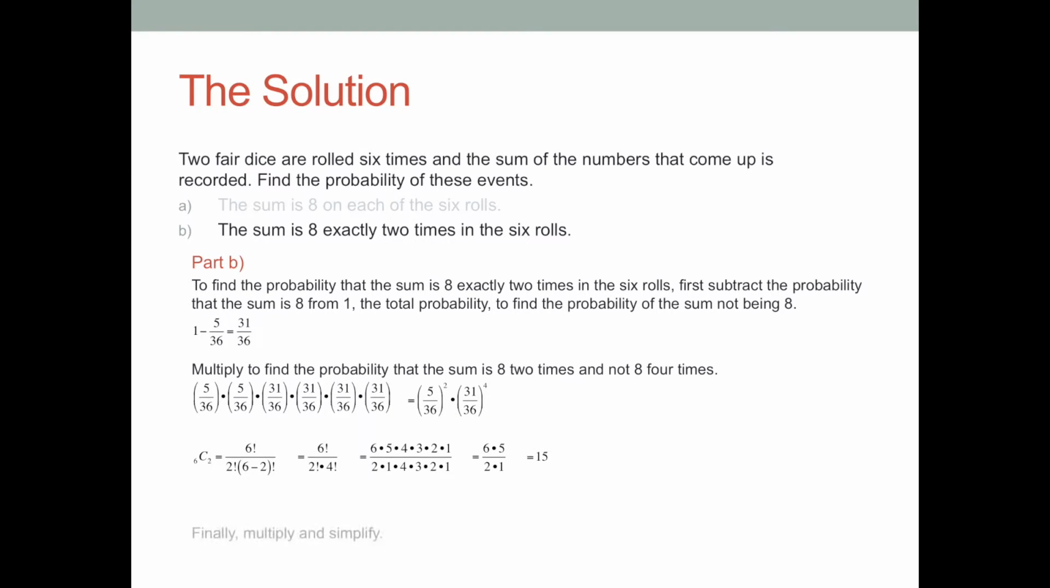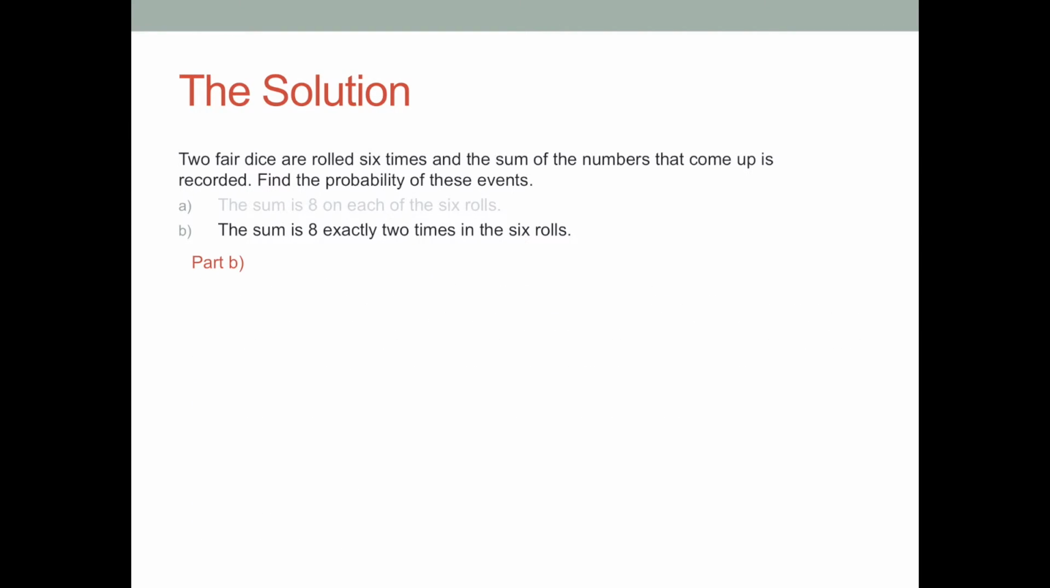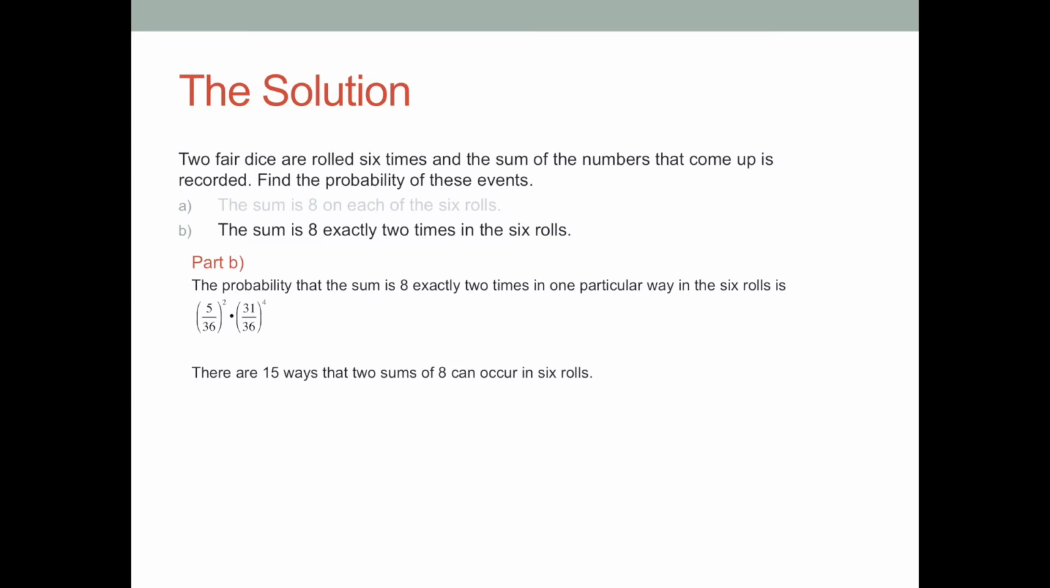Finally, multiply and simplify. The probability that the sum is 8 exactly 2 times in one particular way in the 6 rolls is 5/36 to the 2nd times 31/36 to the 4th. There are 15 ways that 2 sums of 8 can occur in 6 rolls, so multiply that individual probability by 15. The probability of the sum of 8 occurring exactly 2 times in 6 rolls is